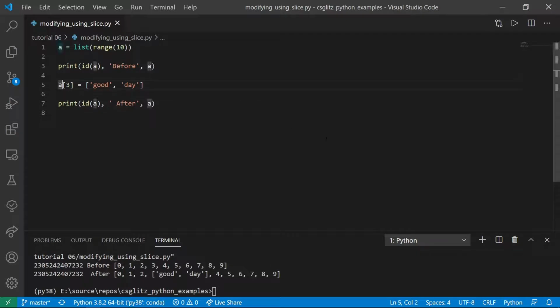Let's change every alternate element to 0. As we are modifying 5 elements, we need an iterable of 5 elements. We can assign elements from right to left using negative steps. As we can see, it is much easier to manipulate lists in Python than any popular languages like Java and C++. Try to practice all this yourself to understand it better.